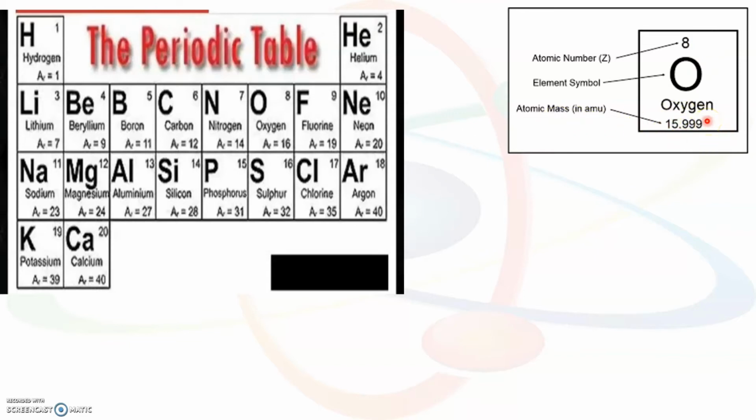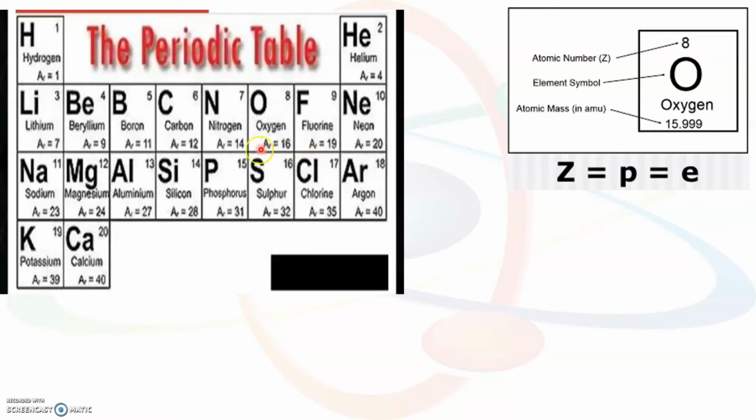The mass number or atomic mass is written at the bottom of the symbol. We know that the atomic number of an element is the number of protons or the number of electrons that are present in an atom of an element. That is, atomic number, which is represented by Z, is equal to the number of protons, represented by P, which is equal to the number of electrons, represented by the letter E. So Z = P = E in an atom.